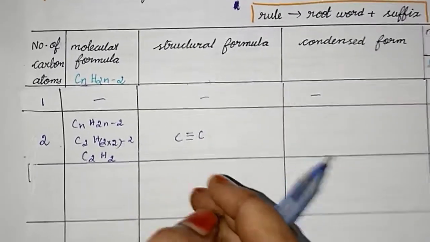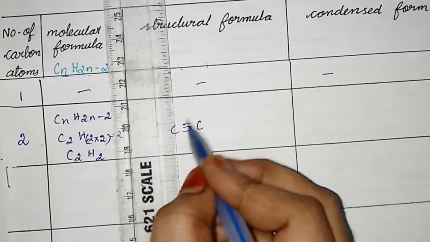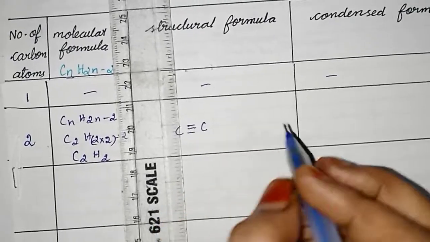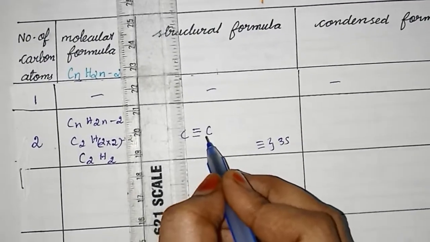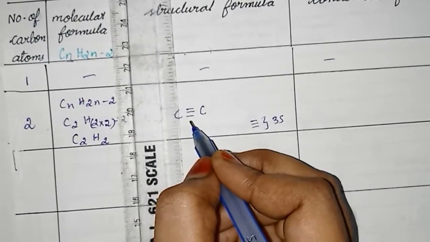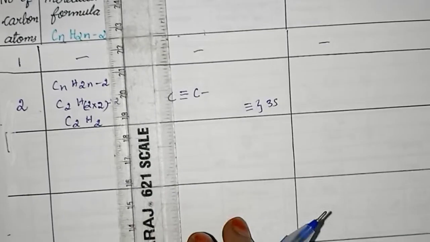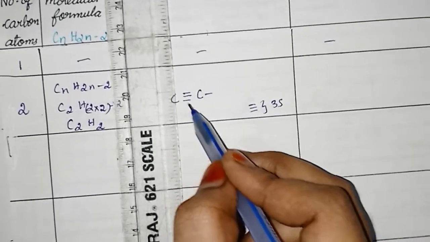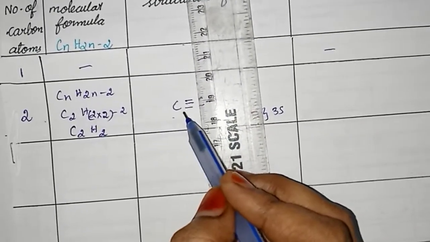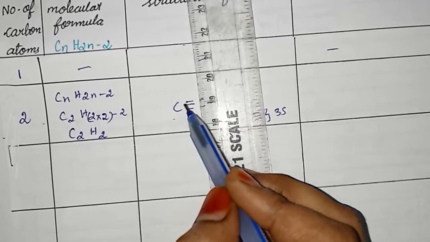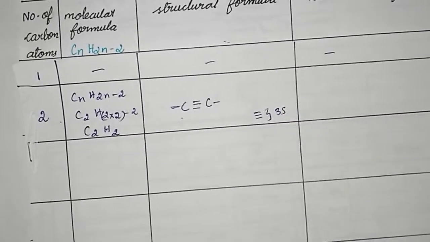Next we do the framework. In that framework, the first carbon, how many bonds does it contain? It contains a triple bond. Triple bond means how many single bonds? 3 single bonds. So this carbon is surrounded by 3 single bonds. Okay. To satisfy tetravalency, it needs one more covalent bond. Now the tetravalency of this carbon is satisfied. This carbon is also surrounded by one triple bond, that means 3 single bonds. The tetravalency is satisfied by adding one more bond. So now we have made the framework.